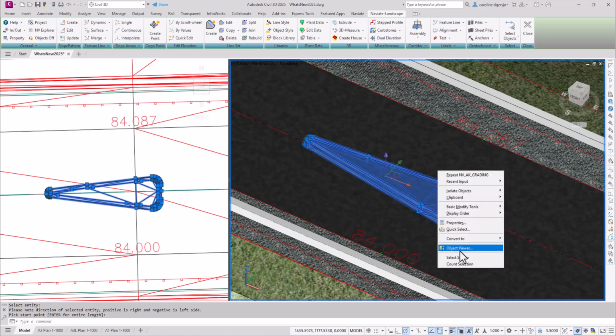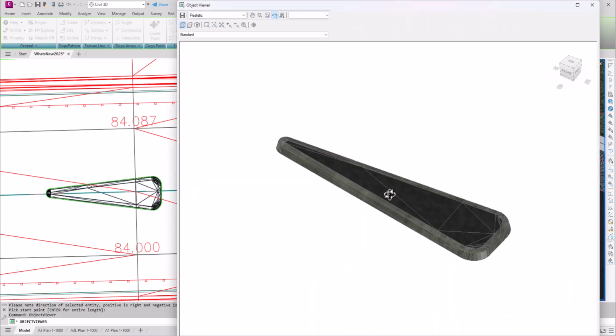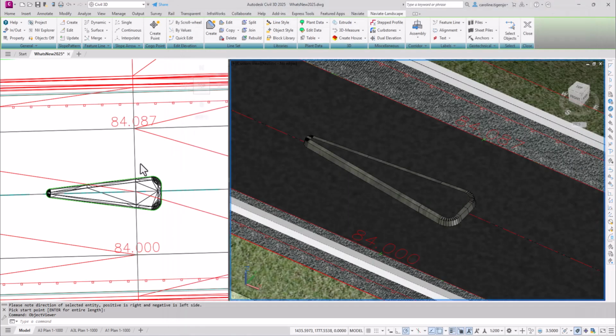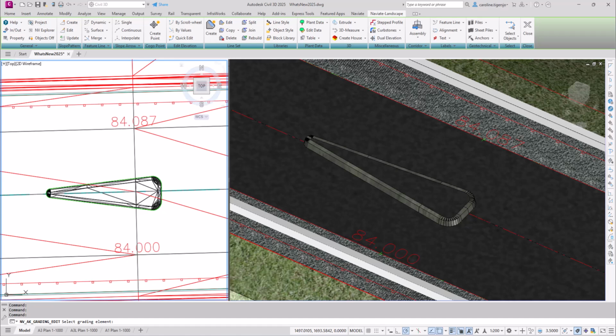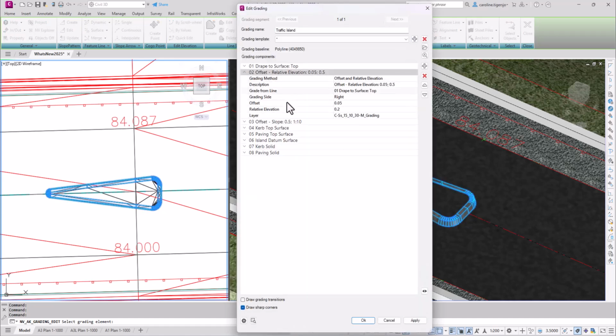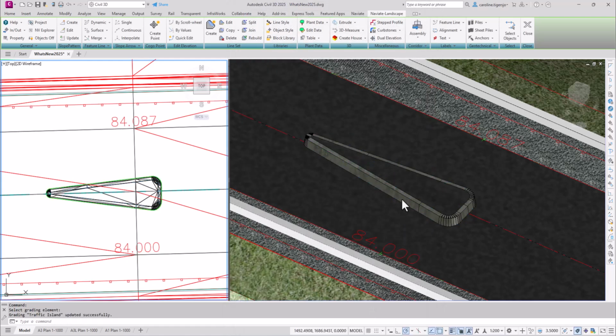And we can take a look in Object Viewer to see how it looks for the solids. We can use Edit Line Set to make quick edits to this. But I can, for instance, say that I need this one to be higher. We can change the relative elevation. We can immediately see that the solid has been updated, and as soon as I hit OK, the changes are